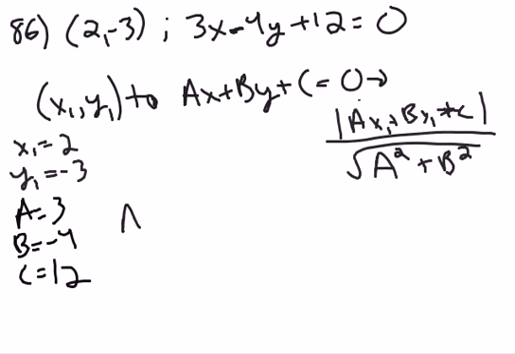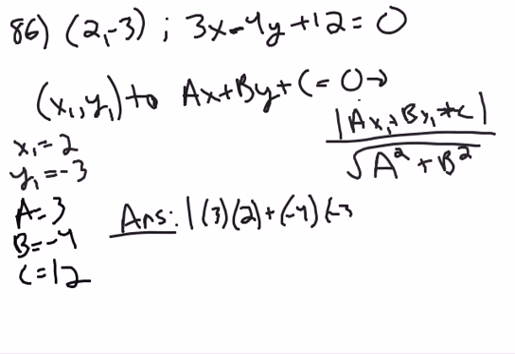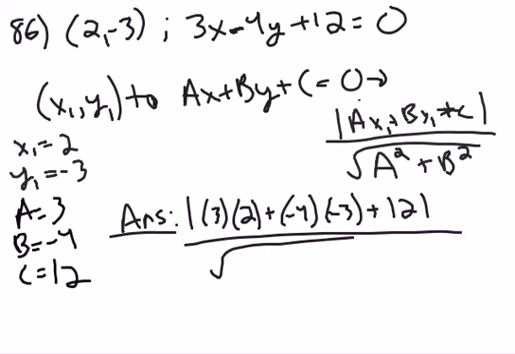And so all you have to do is plug in everything. So you have A times x1 plus B times y1 plus C, all divided by the square root of A squared plus B squared, okay, which gets you to